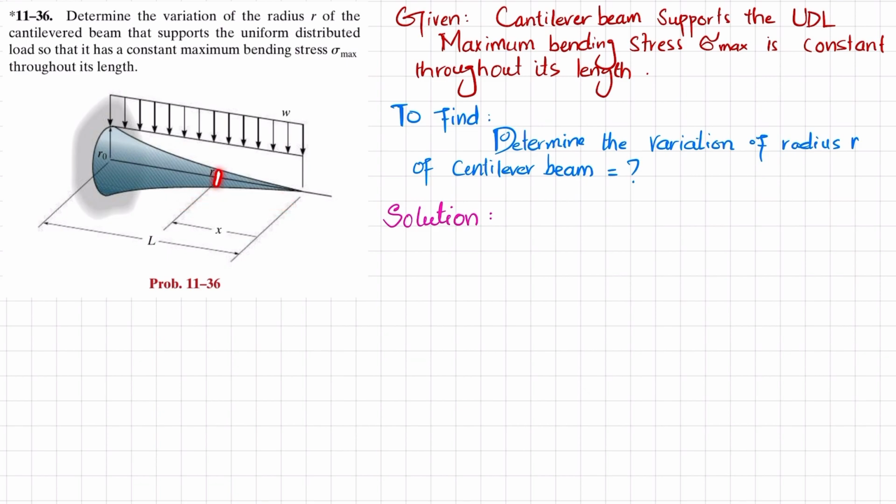Here it is given as r, and here it has r naught. So you have to find this variation of this radius r when you move along the x distance. So let's start with the solution. The first step is that you cut the beam over a length of x, clear, and you draw the free body diagram. I will draw the free body diagram like this one,